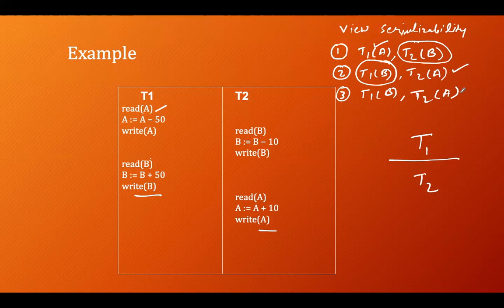And the last one: because T2 is at the end, the last write on A will be done by T2, it is okay. But the last write on B will not be done by T1, because T1 will come first and T2 after that. So the write operation on B will be done by T2 as well as the write operation on A. So all these views we cannot preserve. As well, if we make it T2 then T1, this view will be preserved and this one will not. In that way, there is a problem.